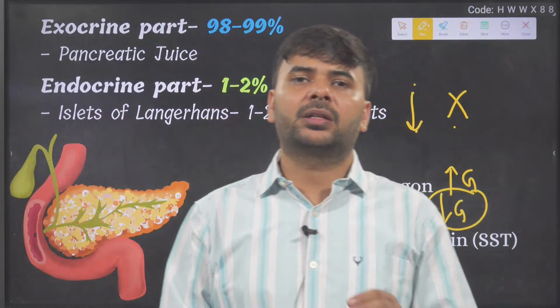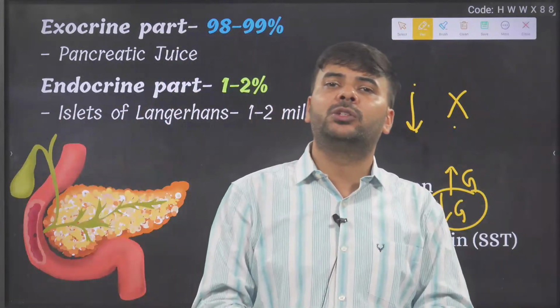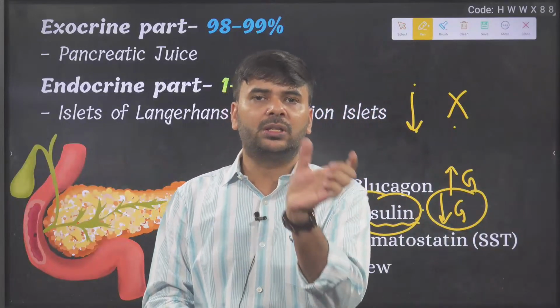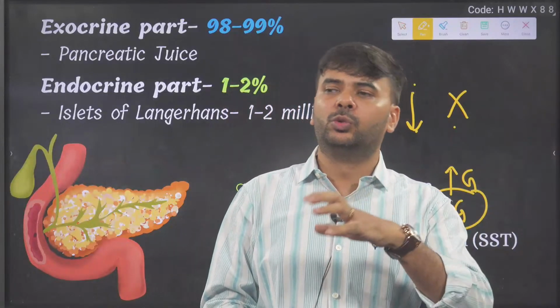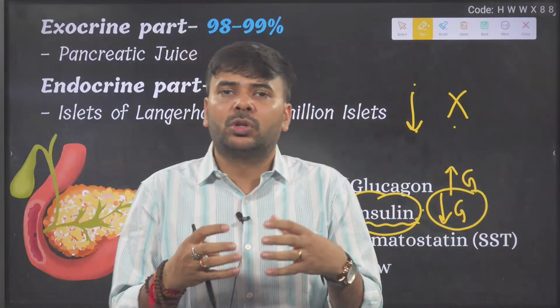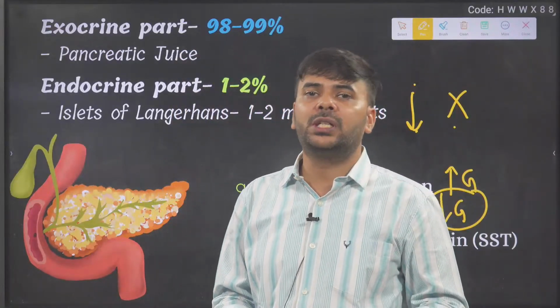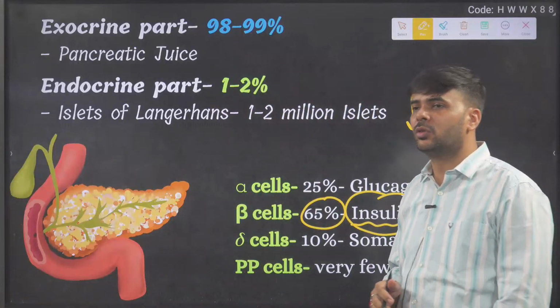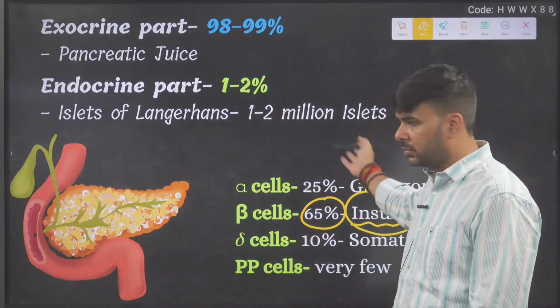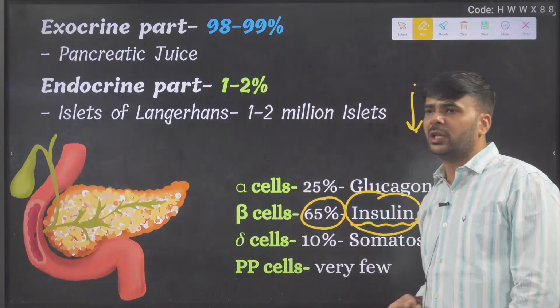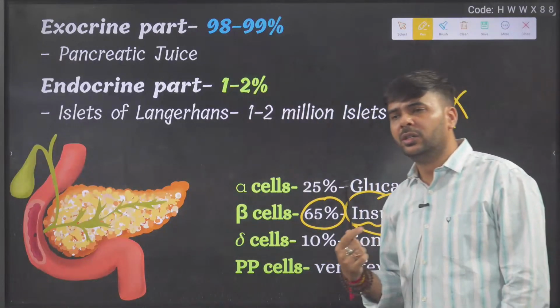Diabetes mellitus is sweet urine disease. Remember this line: sweet urine disease means in urine there will be sugar loss, glucose loss, and that condition is called glycosuria. Glyco means glucose, and suria will come after it. Glycosuria means loss of glucose in urine.